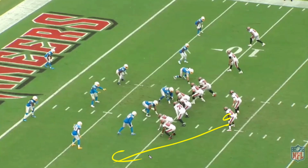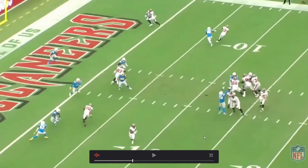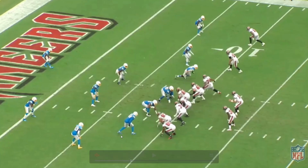You're going to have your two tight ends here on the bottom of the screen. They're going to run nice little in routes here, kind of slant routes, and it just sets up Keyshawn out here in the flat. He does a great job of making this look natural. He's just going to roll out there. You see the coverage, 43 and the safety both go to the tight ends here, so it just opens up that little